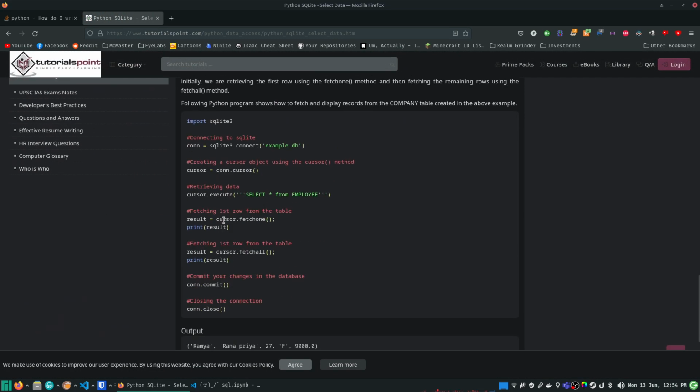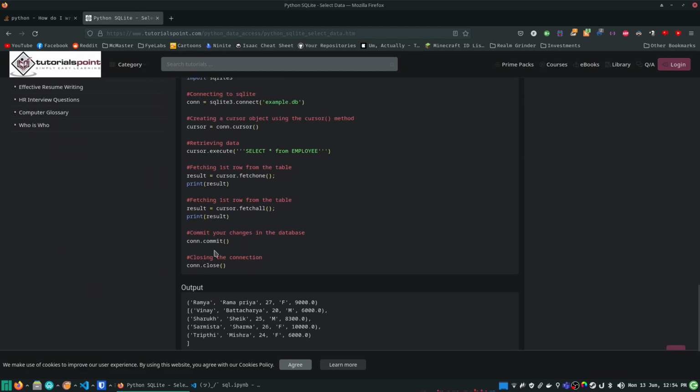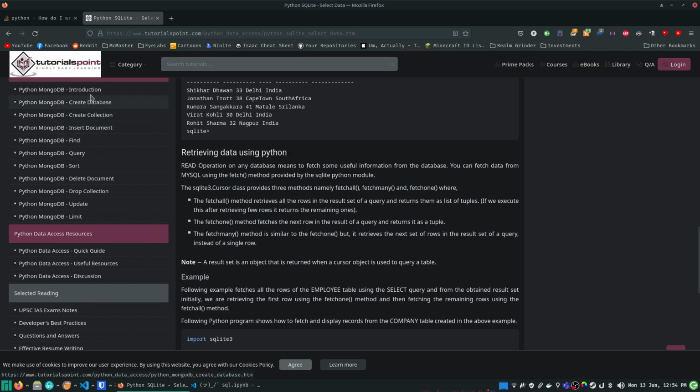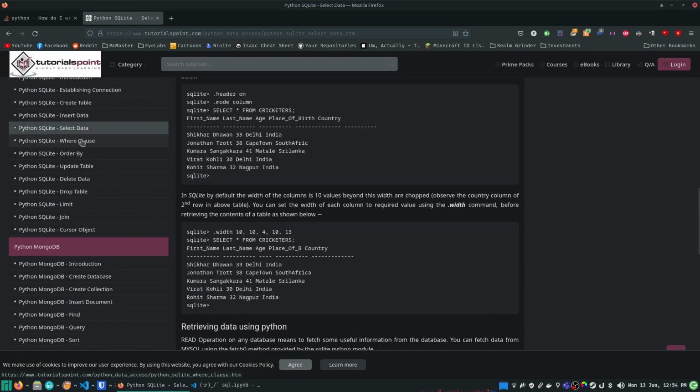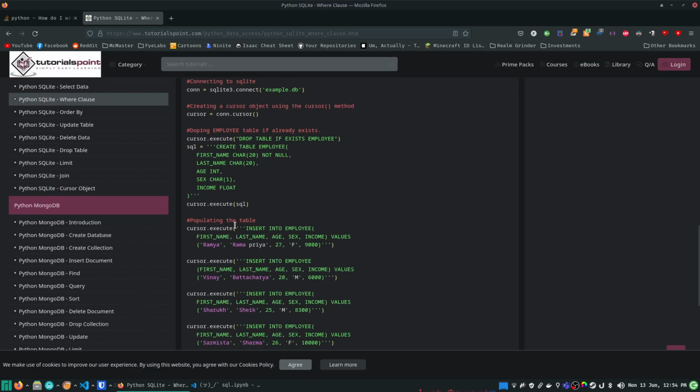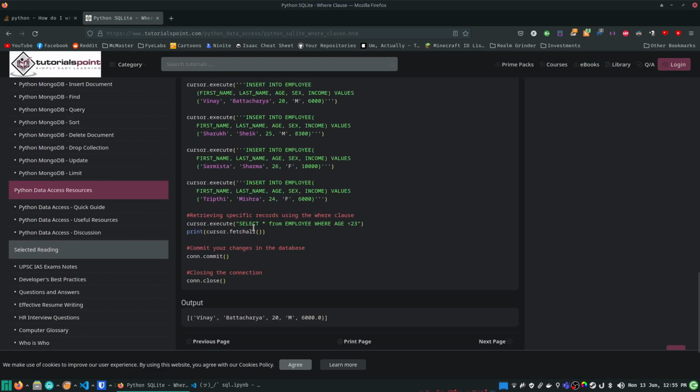Here's select data. Here's where clause. So boom, he inserts some things, then selects data from employee where insert clause. It's exactly like your standard